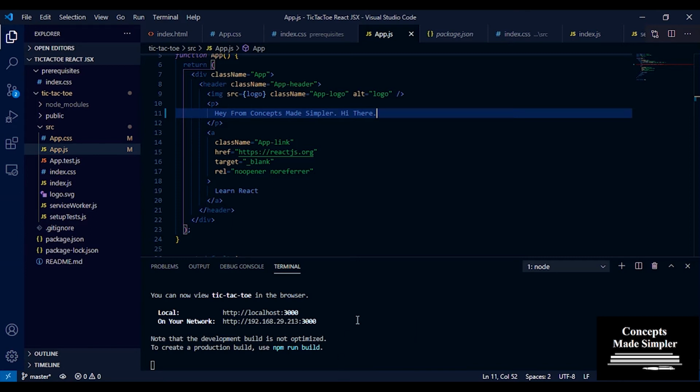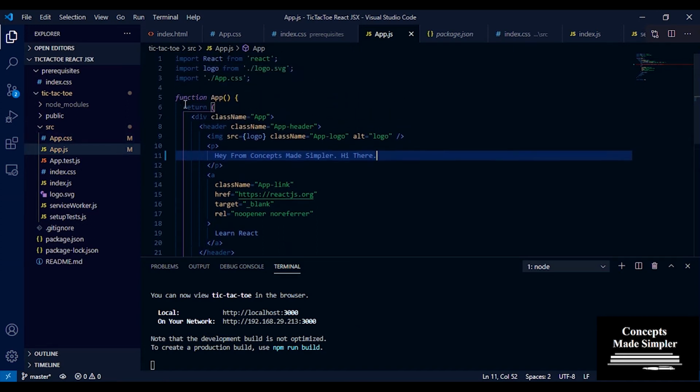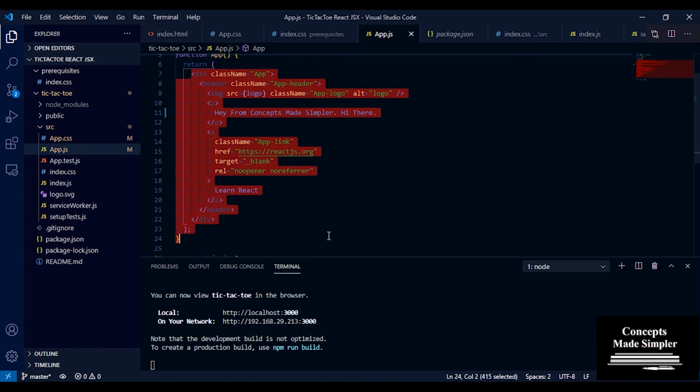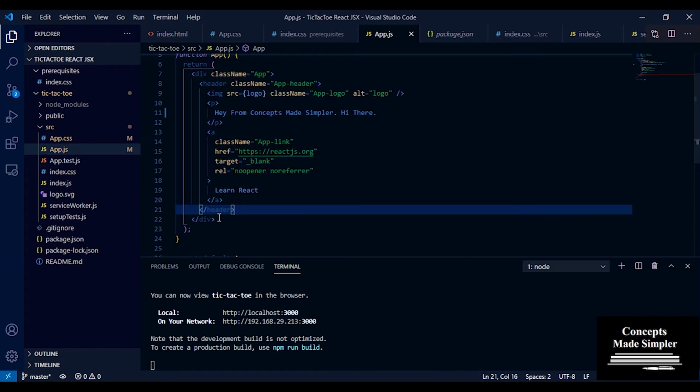Okay. So now that we have the basics in this video, we are going to start off and create our components. Now, as we saw, this whole thing is a component. This is a function, so it's a functional component. It basically returns a pair of HTML tags. Now it should only return one tag.